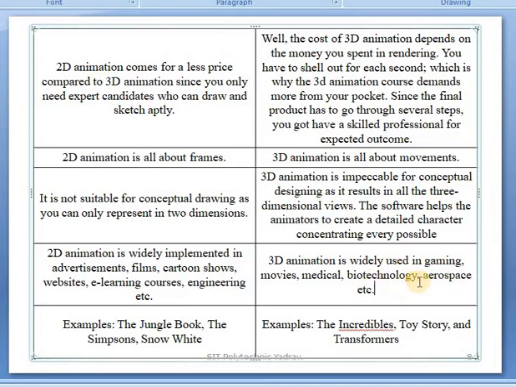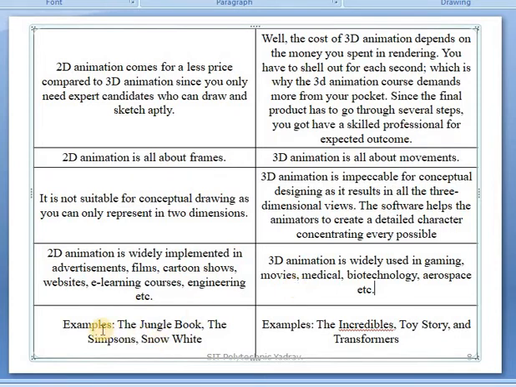When you play games and also watch 3D animation movies, those are examples of 3D animation. And you watch all of the cartoon series, those objects are created through 2D animation. When I start this subject, at that time I provide examples of 2D animation and 3D animation, so imagine how to create those 2D animation objects and 3D animation objects.